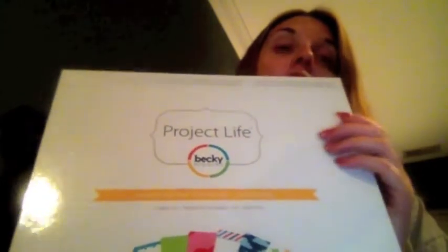So they started coming out with kits that are themed. Some are just color themed, but others have an actual event theme around them. So today when I went to Michael's, I actually started to look at the Project Life kits, and I picked up this one. This is called the Honey Edition, and this is the larger of the ones that they have. They also have a 100 count one, and I think they're all